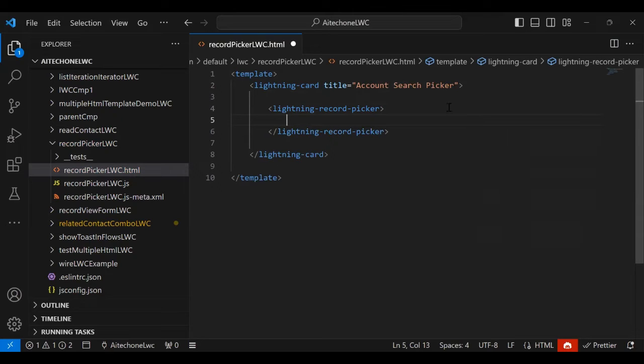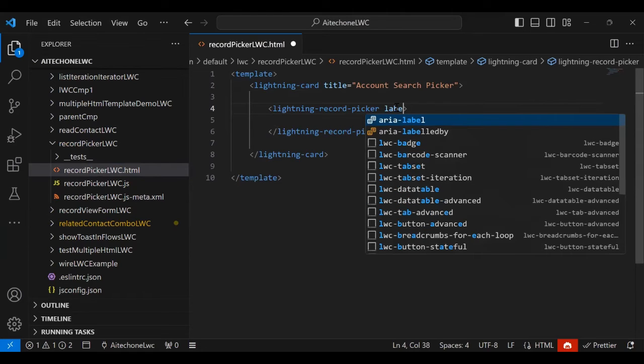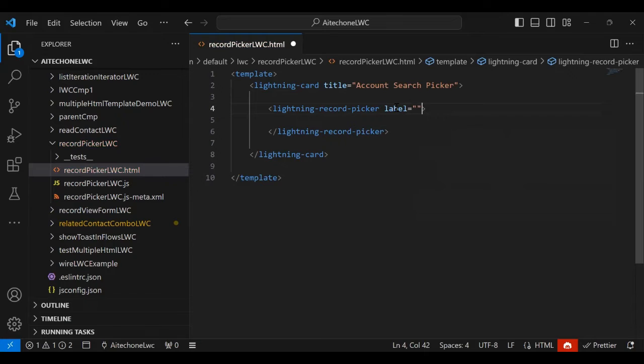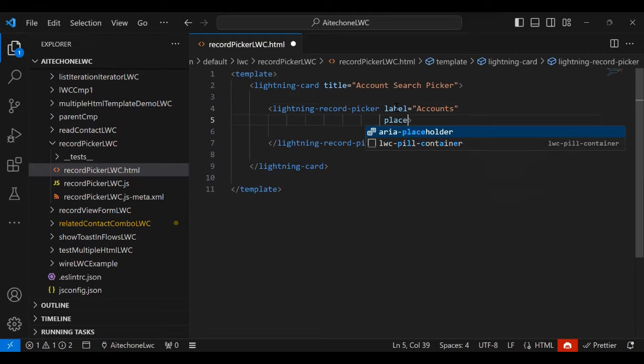So lightning record picker, and for this lightning record picker, there are a couple of attributes. So label is equal to, I label it as accounts. That's the attribute for record picker. Then I just want to add a placeholder. If you are not able to get this, you can copy it from the official document, but I'm going to write it by myself. So placeholder is equal to